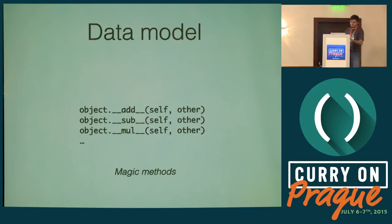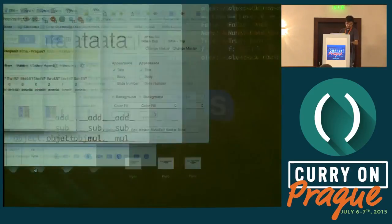So the example I showed you earlier is not really the simplest example you could use, because I could have used something like add 1 to a variable. But in Python, that's actually a method call, because Python has a data model which says that some magic methods, and magic methods in Python are those ugly things with underscores in front of them and after them, can implement operators and common operations, right? In this case, I only show 3 of them, which implement the plus operator, the minus operator, and the multiplication operator. And now let's see an example which uses